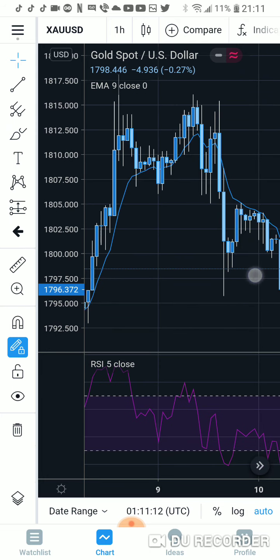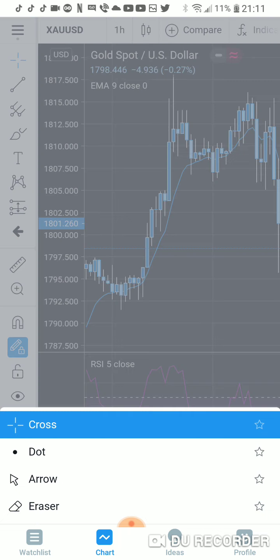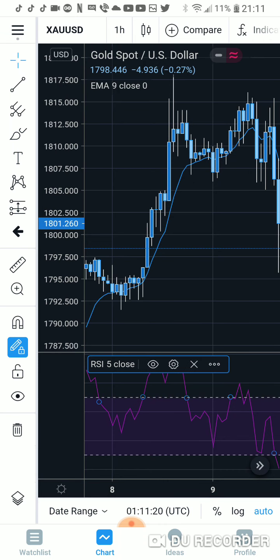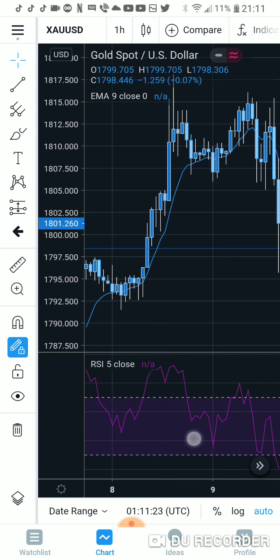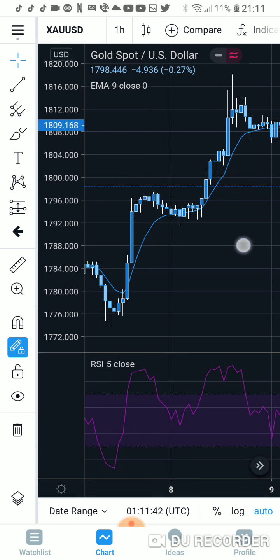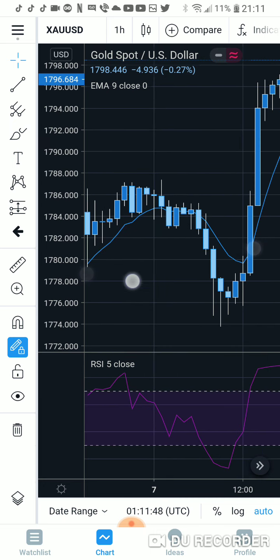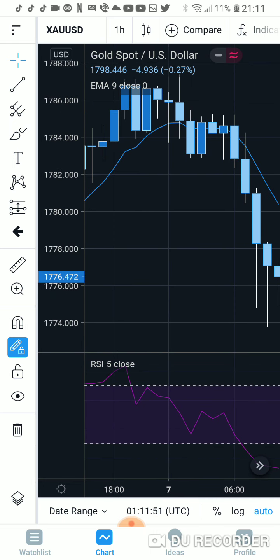So in this case, right here, when you see the RSI way up here, trying to get this crosshair, when you see it way up here, that pretty much means that it's in that overbought zone. But as long as it's above the moving average, it's a buy. Period. That's just the way it works. Moving average is pretty much like a trend line, is what they call it. And anytime you see price start falling below the moving average right here,